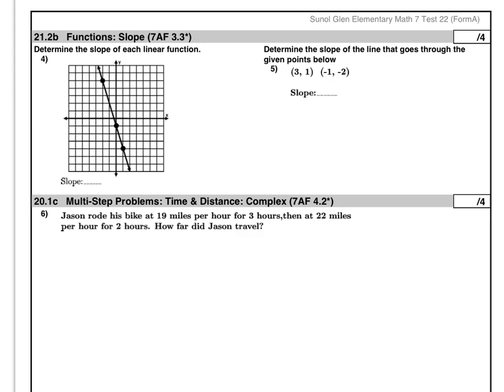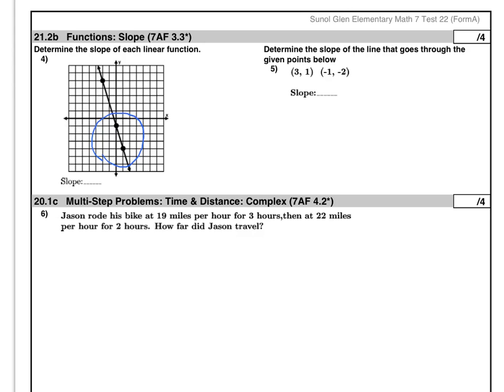Determine the slope of each linear function. So we have lots of ways to determine slope. We can either count rise over run, or we can use our slope formula. So I'm going to do it both ways. First, I'm going to count rise over run. So I'm going to choose these 2 points right here, and I'm going to figure out what their rise over